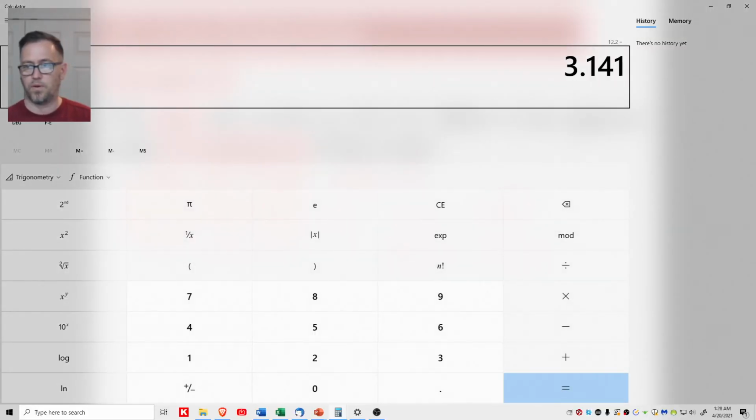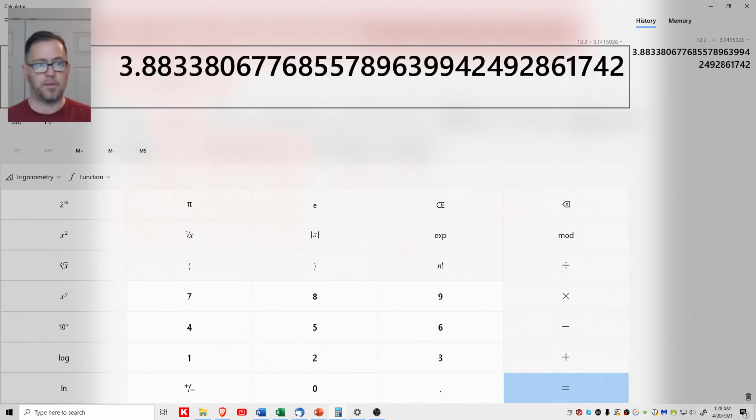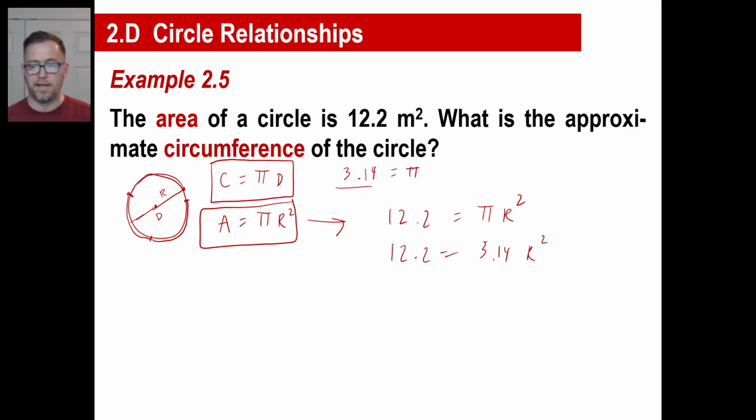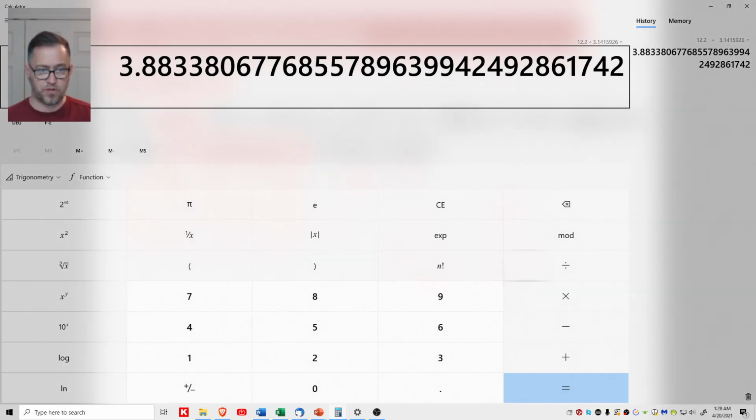Let's say 3.1415926. I know it's a little bit extra. Okay, that's the radius squared is 3.883. 3.88, we'll call it 84. That's the radius squared. Now you're going to want to take your square root button